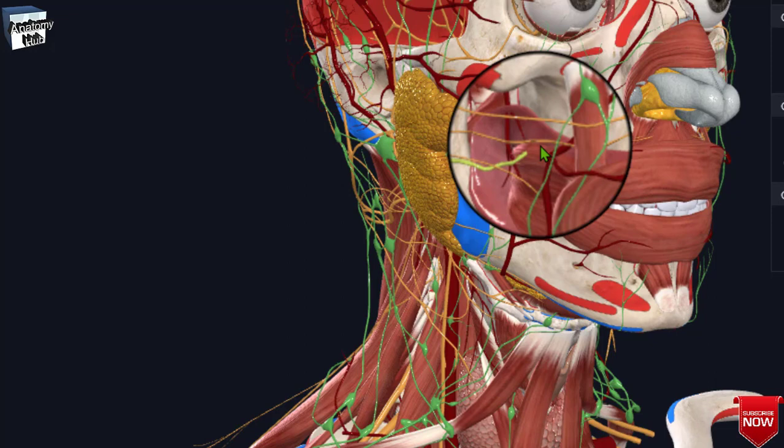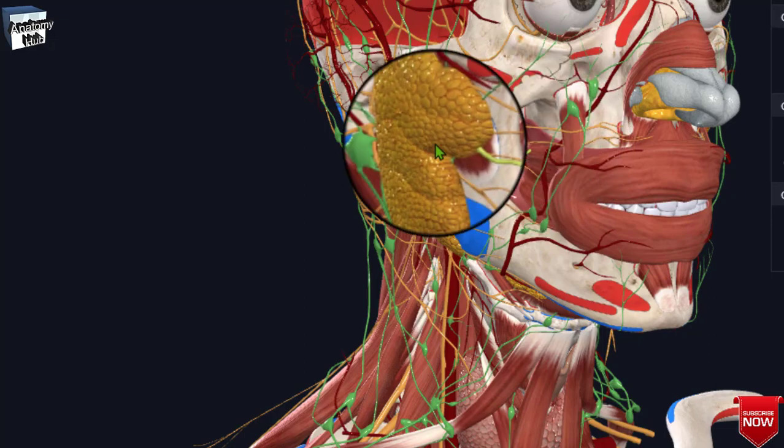The accessory duct gives off about 5 to 6 ductules that join the main parotid duct, and this main parotid duct will open opposite the second molar tooth. The accessory duct is also superiorly related to the mandibular branch of the trigeminal nerve, and the buccal branch of the facial nerve also travels with the parotid duct as it goes towards the buccinator muscle.